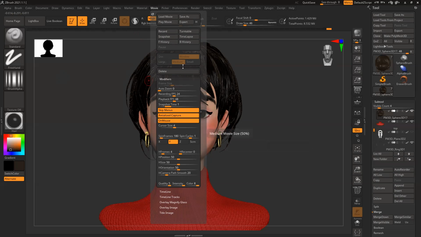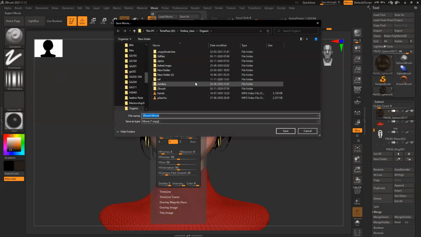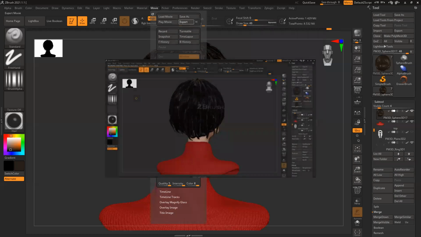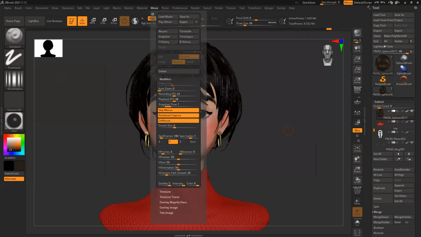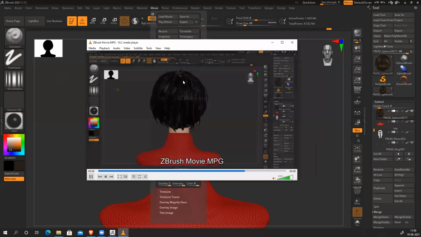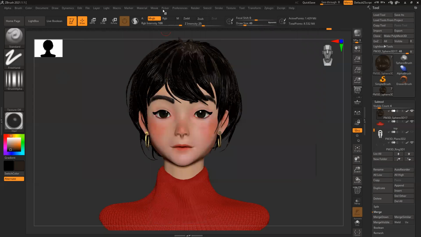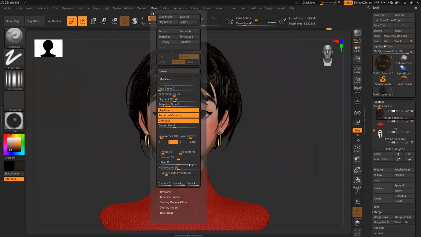I have already rendered this, but you can see that by default the selected option is window, whatever the window size, the medium size. So if I export this, the file won't be really huge. It will be decent, a small size. Let's see. We create this and I open it. Here it is. You see, it has this overlay of ZBrush and it fades in, fades out. That is something we can fix here.